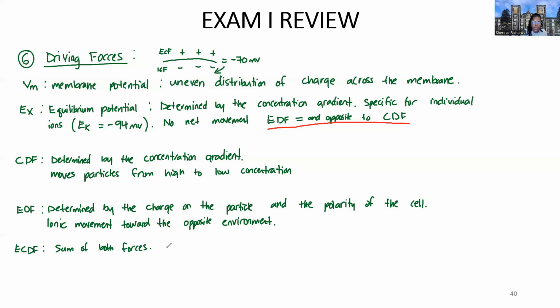We said that when the forces are in the same direction, then we simply sum them. However, if forces are in opposite direction,